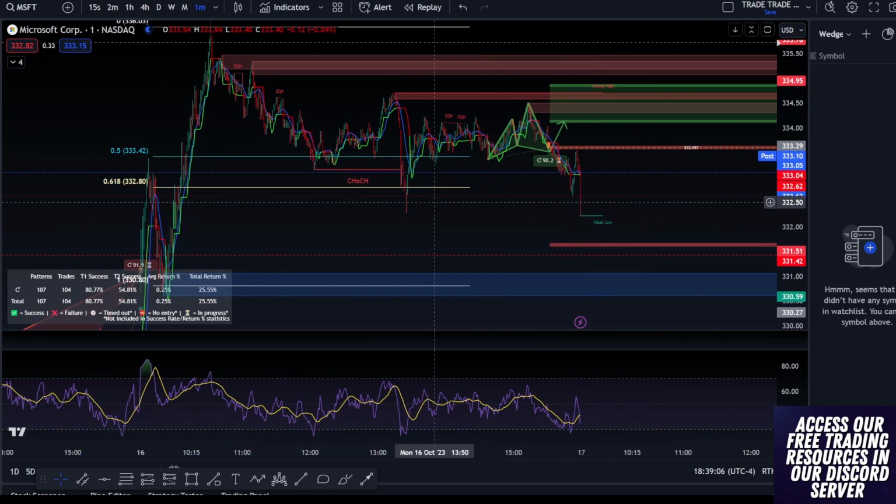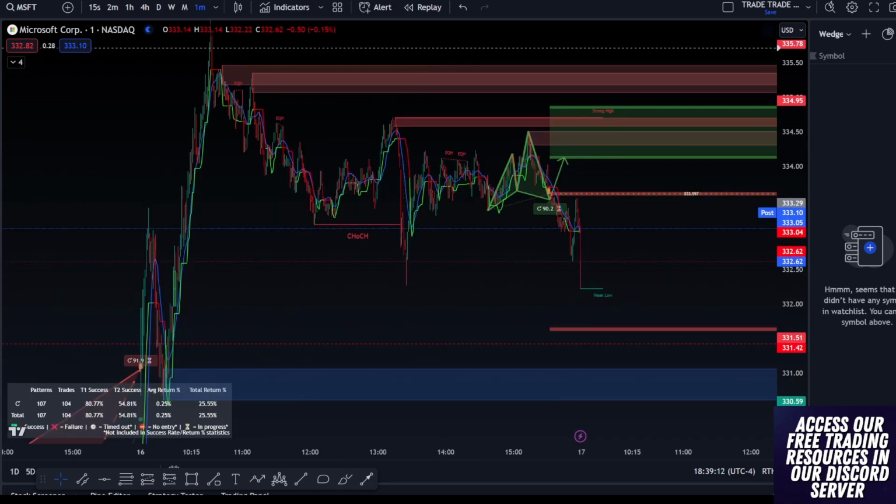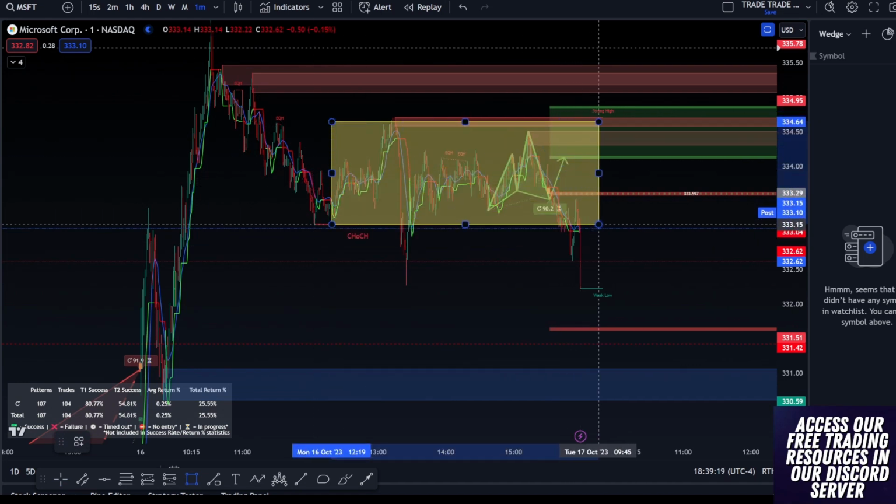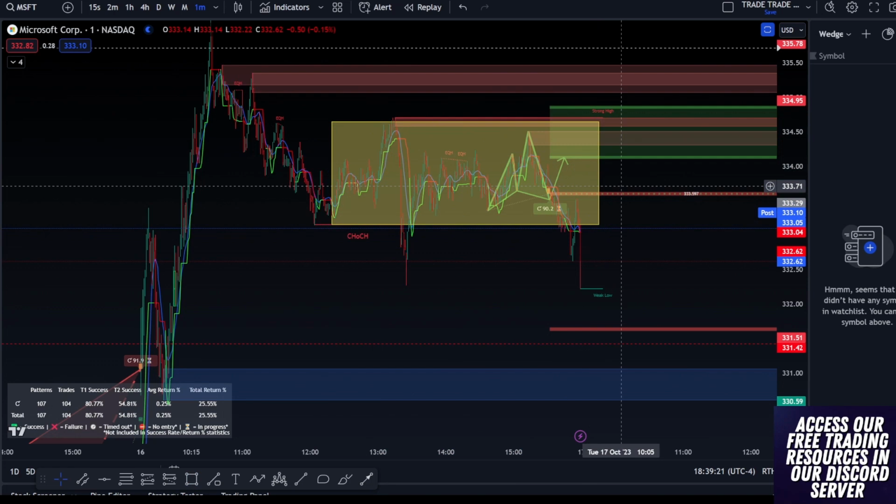Now, if I would have held my position, would I have made more money? Honestly, no, probably not. Because even though I sold when Microsoft was sitting at 333.36, this whole sideways consolidation might have eaten up 20% of my trade. And so a lot of times it looks like I'm taking profit early, but it's not that I'm necessarily taking profit that early on my day trades.